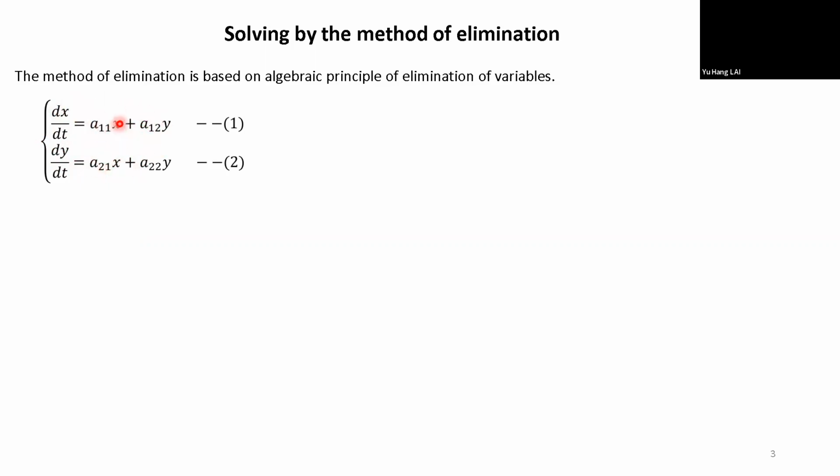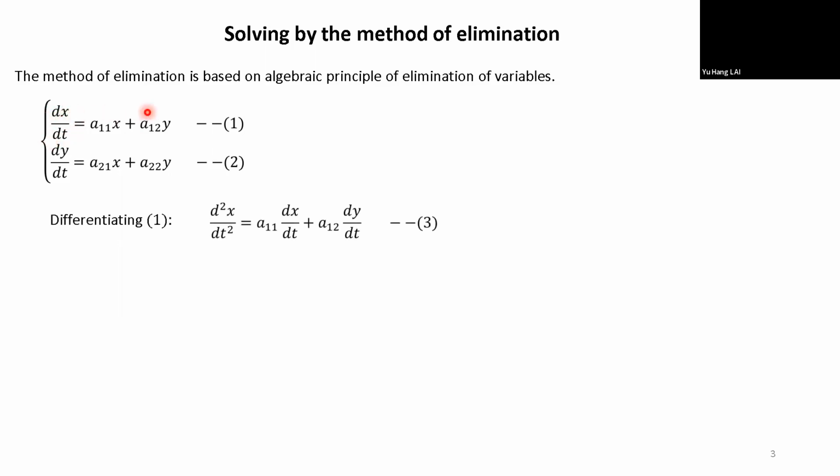By elimination, that means I want to eliminate one of the variables. So let's say I want to eliminate y. That means I want to express y in terms of x, somehow. So how do we do that? The strategy is that first, if we take